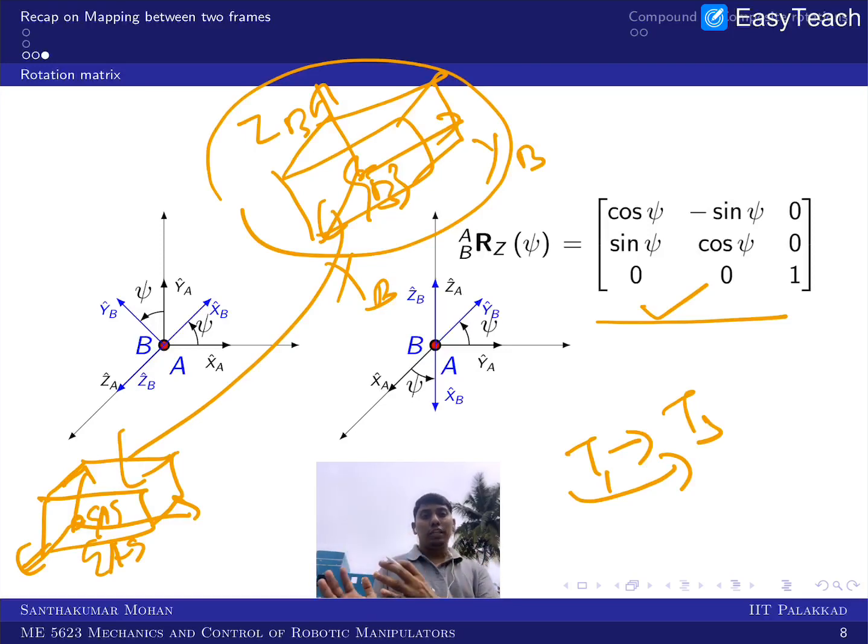If that is the case, you can have two broad categories. One is the fixed angle, in the sense the rotation about the fixed frame, or rotation about the moving frame. The rotation about the fixed frame is one of the big categories, and even there are several sequences. One of the main sequences we follow is a very systematic way. We will rotate about x, rotate about y, rotate about z of the fixed frame.